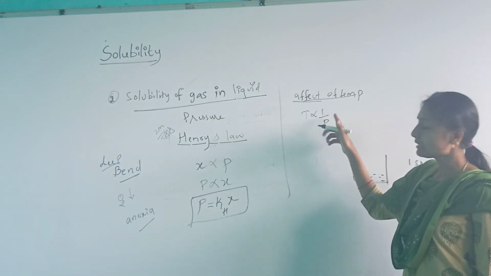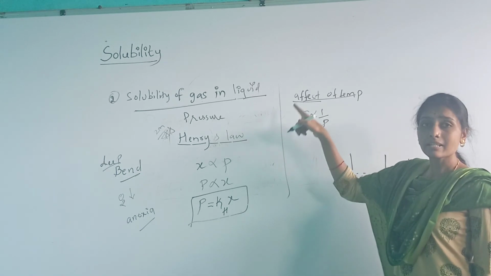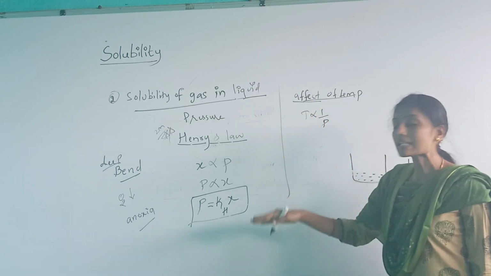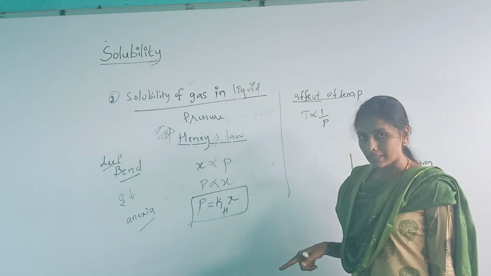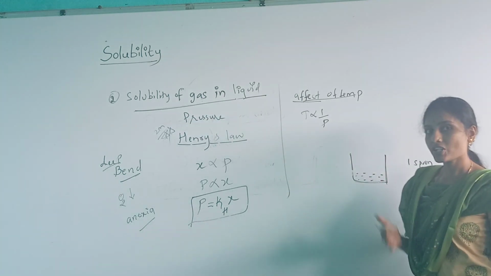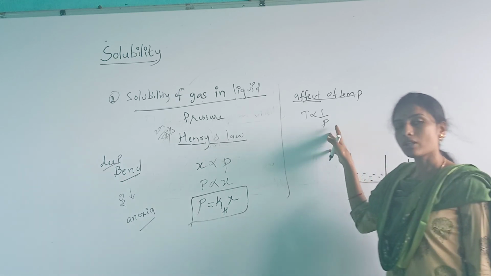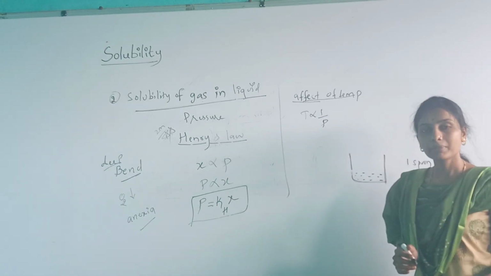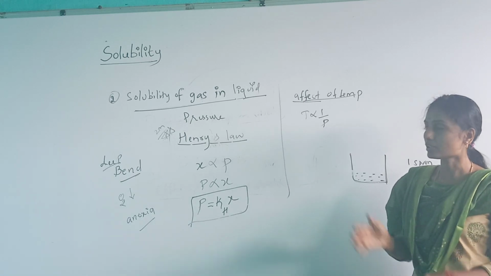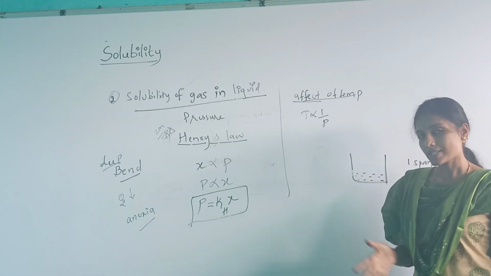So I can tell that increase in temperature decreases the solubility of gas in liquid. Similarly, decrease in pressure increases the solubility of gas in liquid. This was about solubility of both solid in liquid as well as